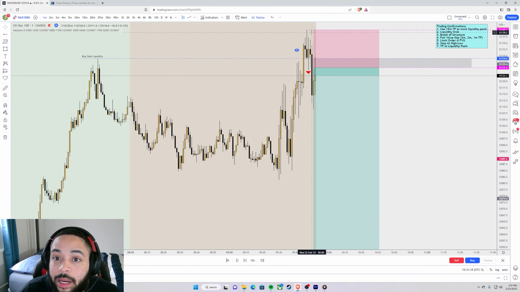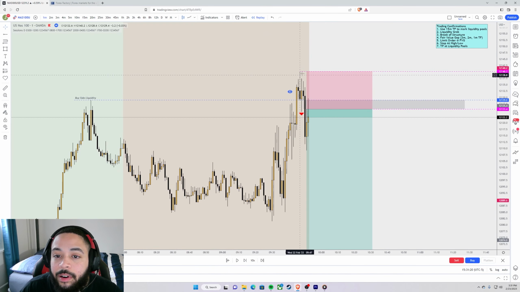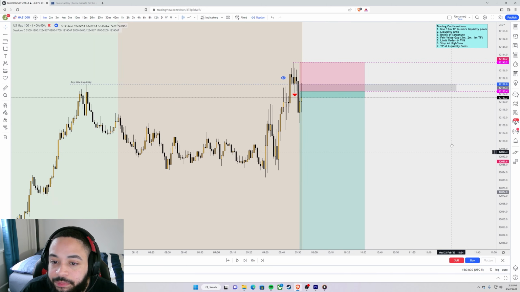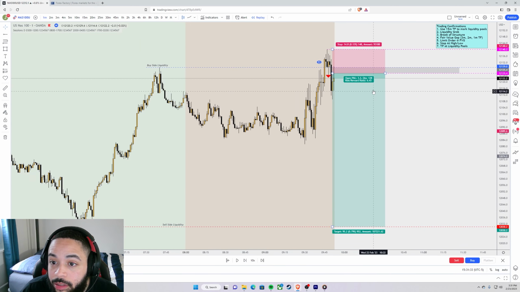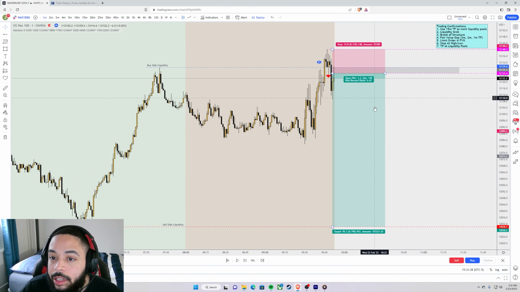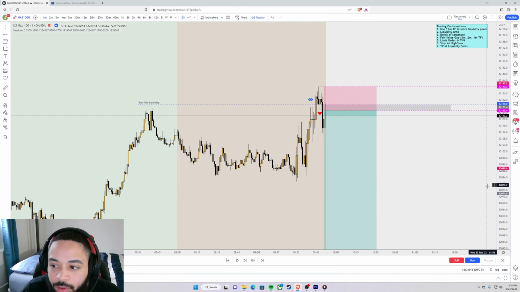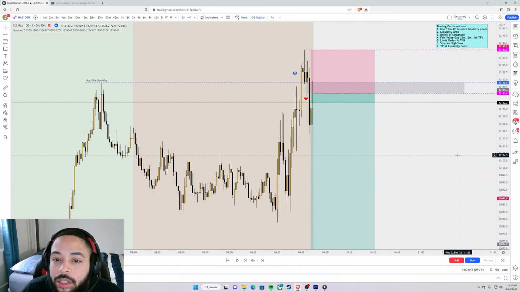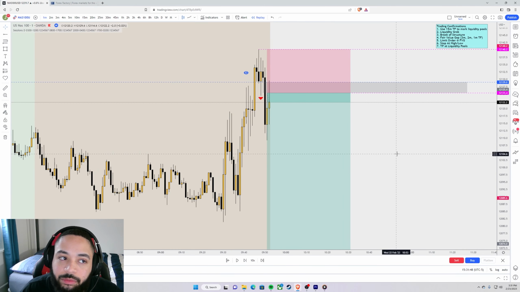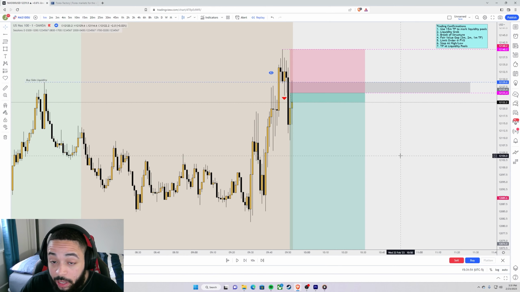Of course, we have a tight stop loss, but in this case, this is the very high of the move. If price blasts through, then chances are our analysis was either wrong or the market just didn't want to deliver us this trade, and that's perfectly fine. Because this trade setup is a 1 to 6.43, the risk reward is amazing. If this one trade plays out, you basically crush it, you hit a home run. This is why we don't concern ourselves with losses: if we take losses, they're very minuscule, and we really don't have to worry about it, because we know when the market does deliver, which usually, with this strategy,